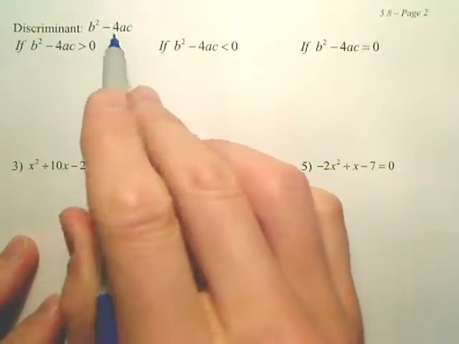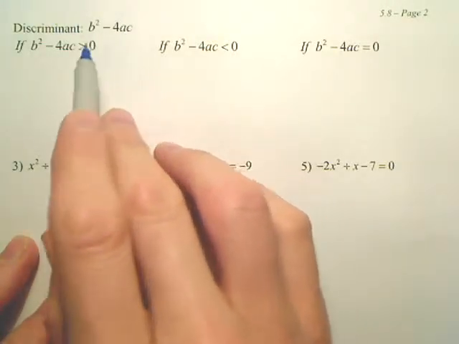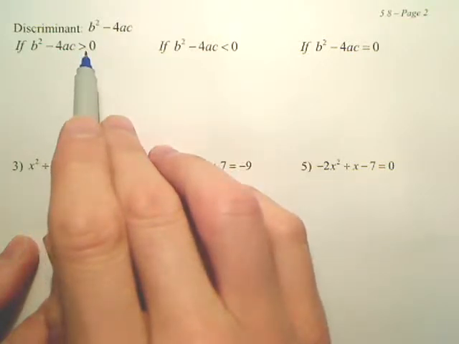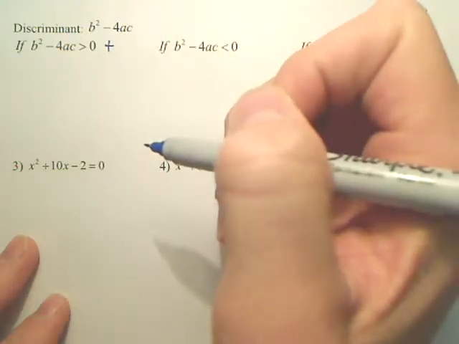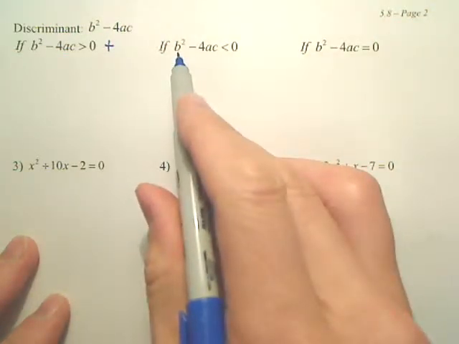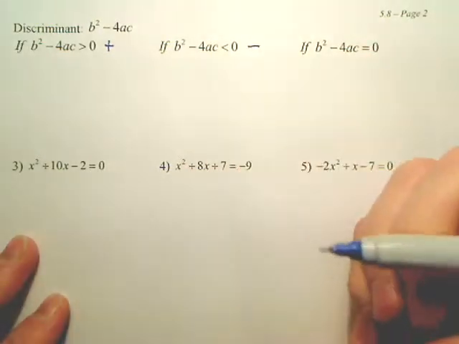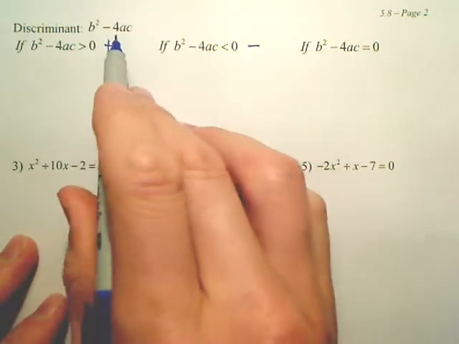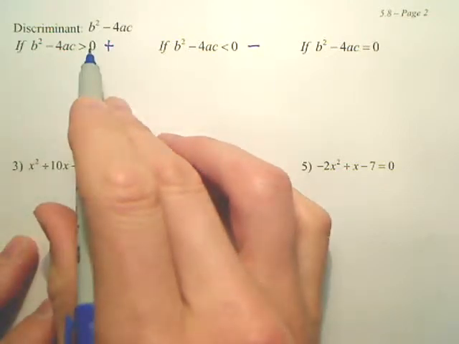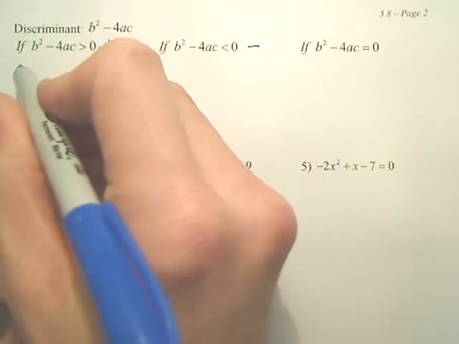The discriminant, b squared minus 4ac, again, is the square root part of your quadratic formula. If the square root part of your quadratic formula is greater than 0, what's another word for greater than 0? Doesn't that mean positive? If it is less than 0, another word for less than 0 is negative. And if it equals 0, it has characteristics. The characteristic of your answers, if it is positive, your answers will be 2